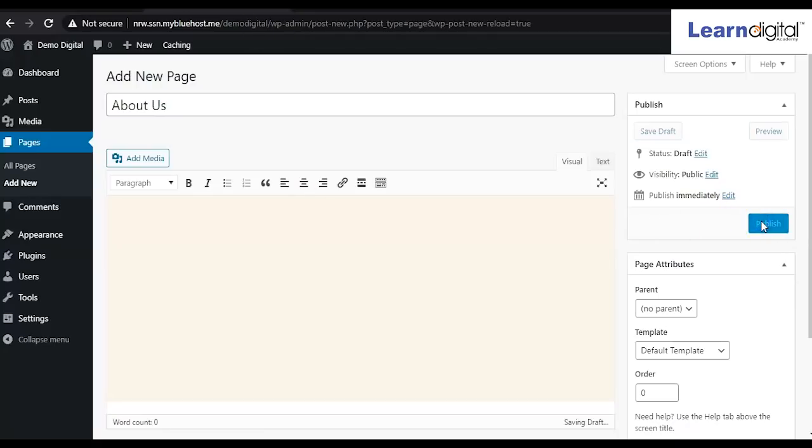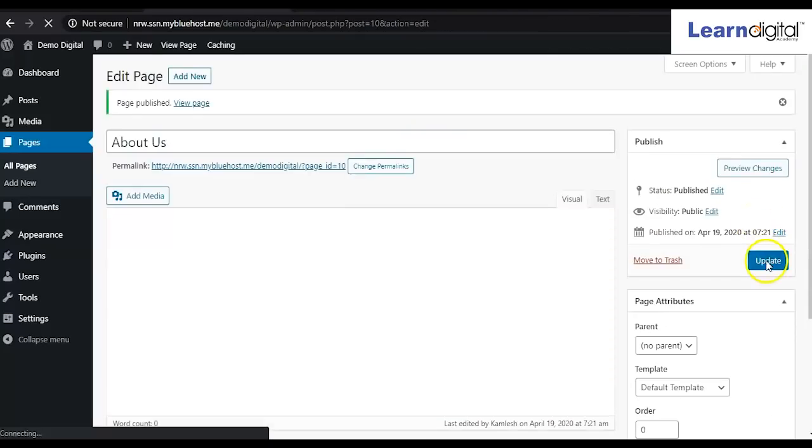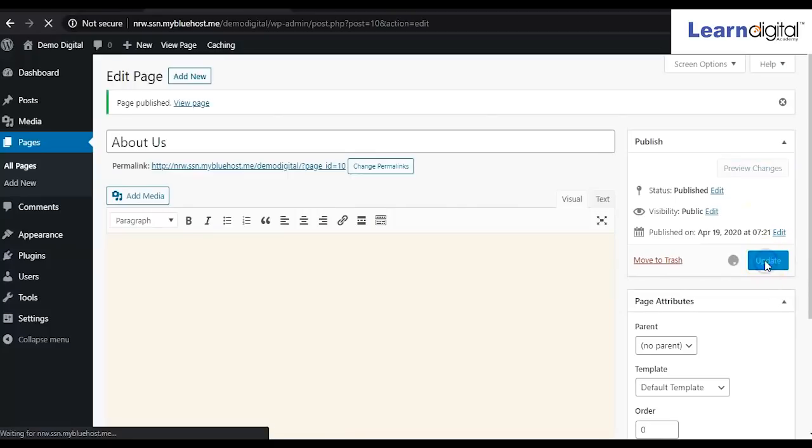Click on publish. After publishing it, you have to click on update. Yes, every time you have to update it, so it will be saved in your backend part.